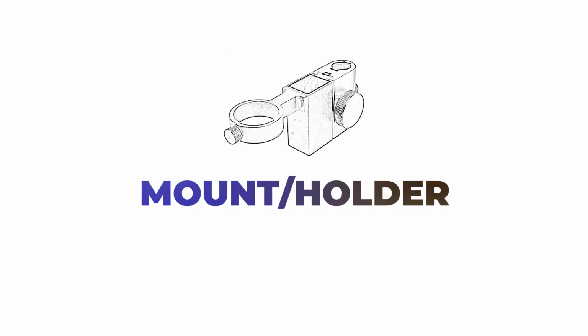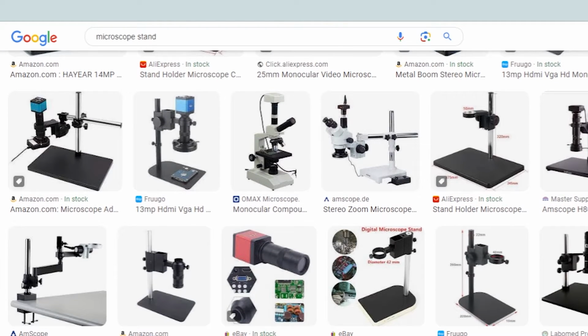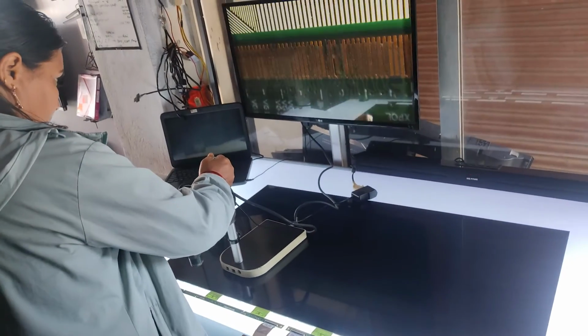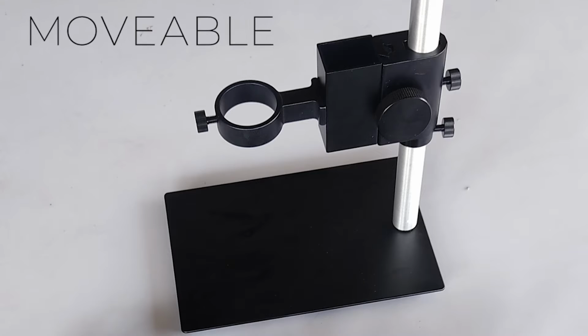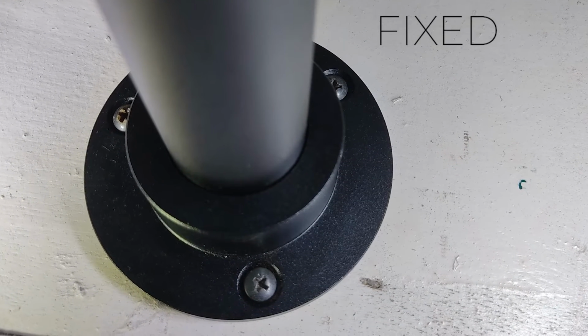Microscope stand is the next essential part. These stands and holders are of different types. We need a movable or lightweight stand for panel repair, but if you repair electronic PCB, you need to fix it in a specific and suitable place.